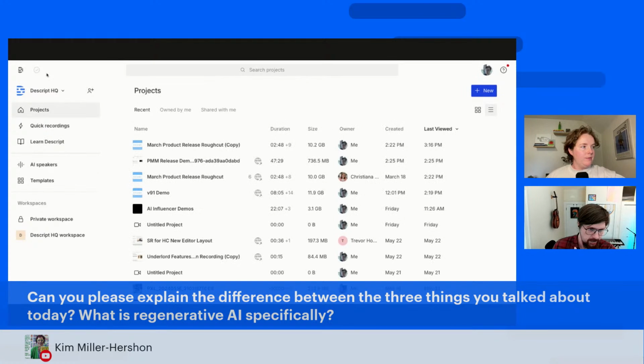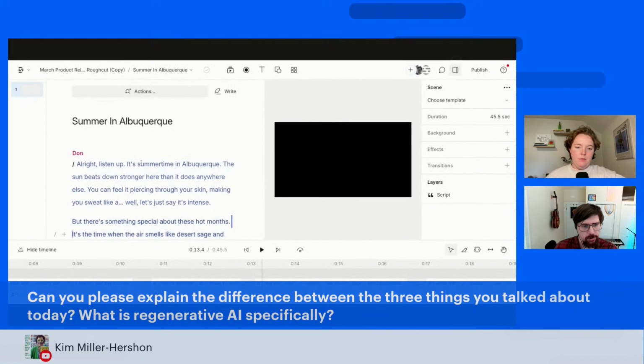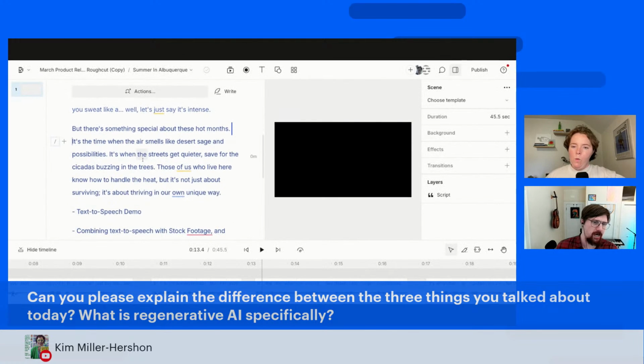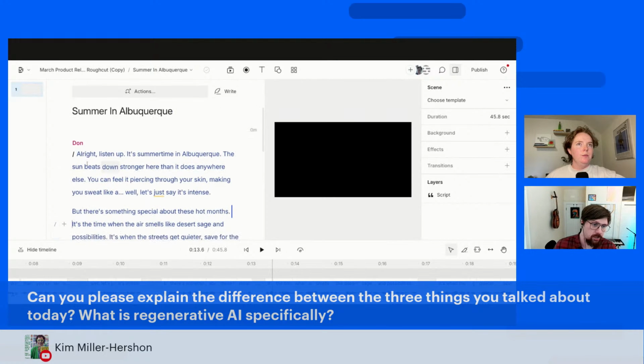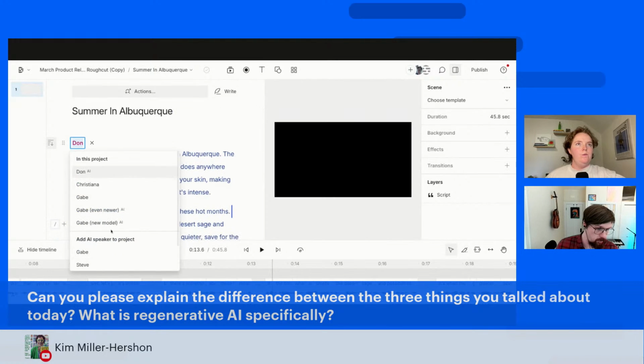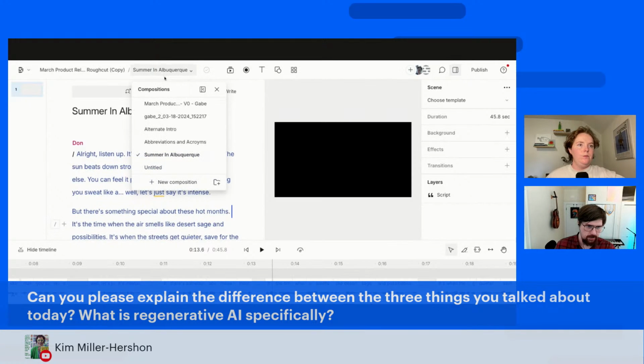The other concept is text to speech, which can use any of our voice options. So if you've cloned your own voice, or you have a stock speaker voice you'd like to use, you can just type into a script, decide who you want to say the script, and it'll generate, again, text to speech. The last two concepts are